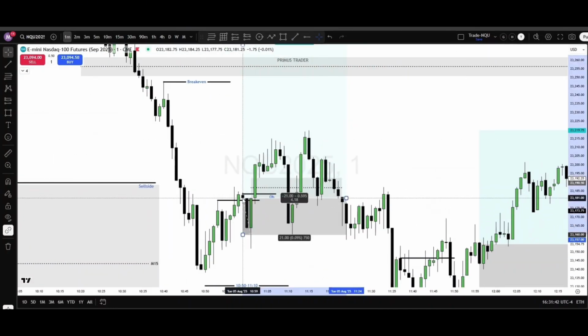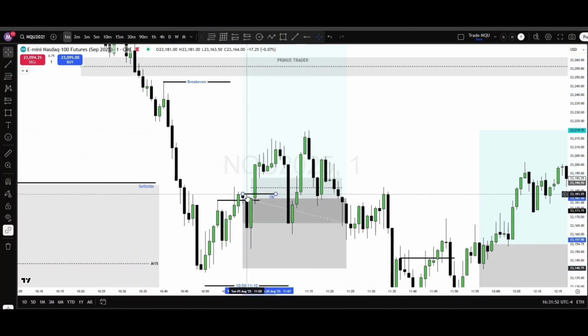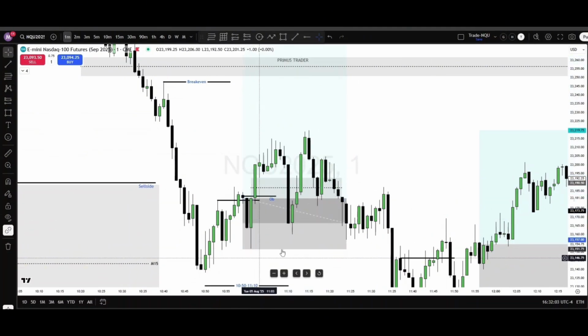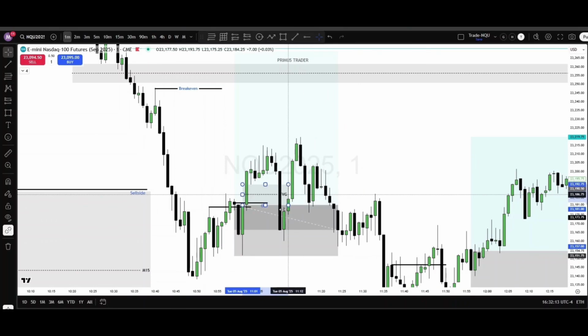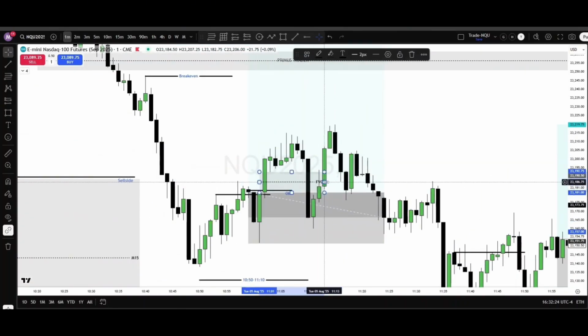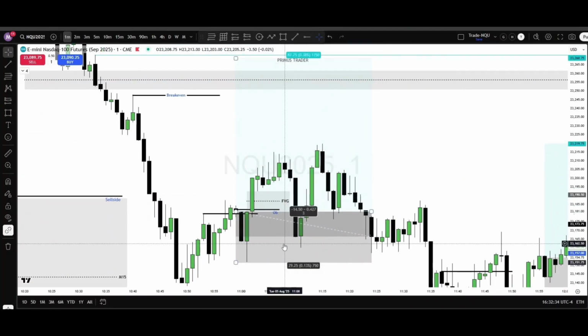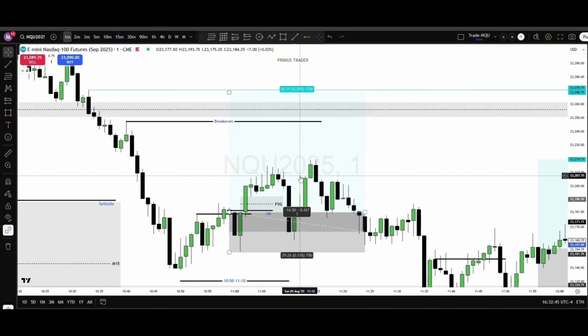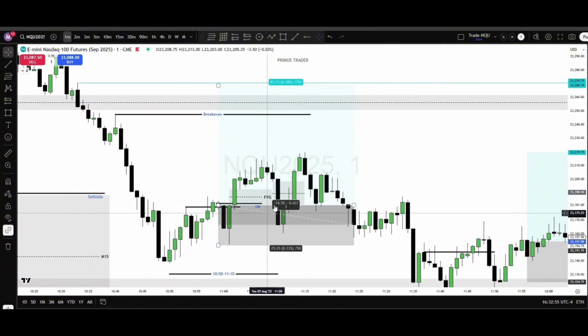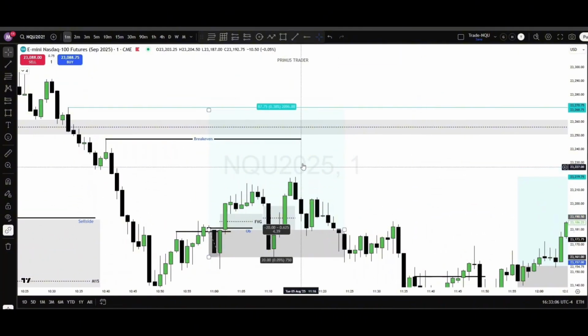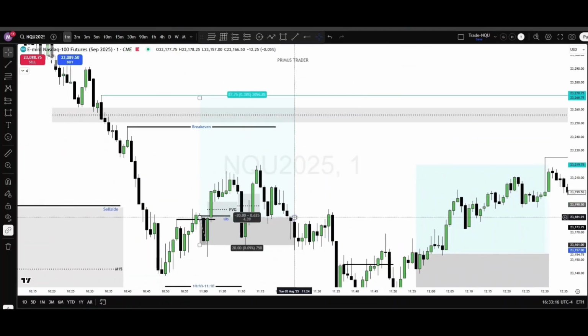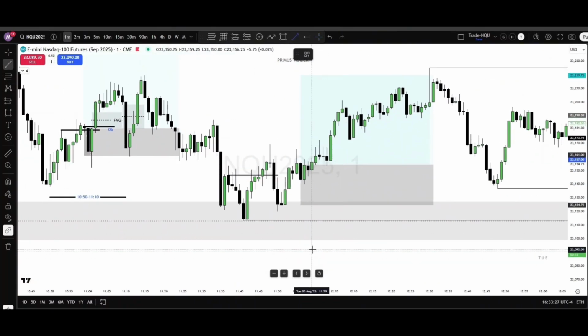However, I did execute. I started off with my stop loss down here, but once we got the order block, I did trail that stop a bit higher. And then when we get an inversion of the gap on this candle right here, I did put my stop to the low there as well. Wasn't able to go break even and did get stopped out on that, which was fine.